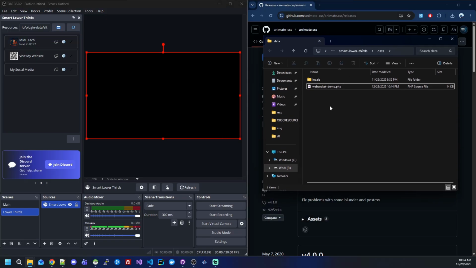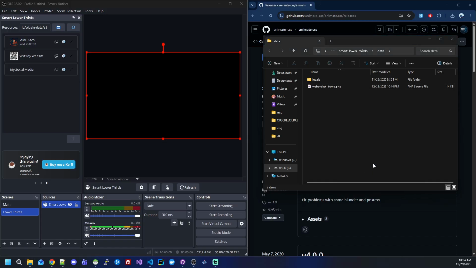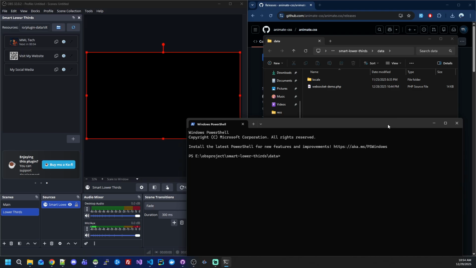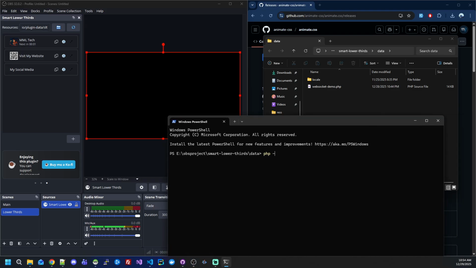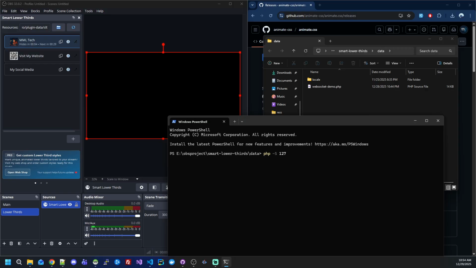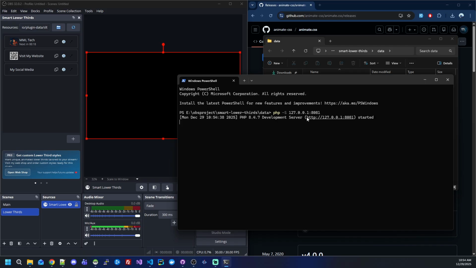Now I already have PHP installed, but if you put this file on any web server or cPanel, you will be able to connect to the WebSocket. Okay, let's open a terminal here and write php -S localhost:8081 because I already have something running on 8080. Okay, now I can just grab this link,